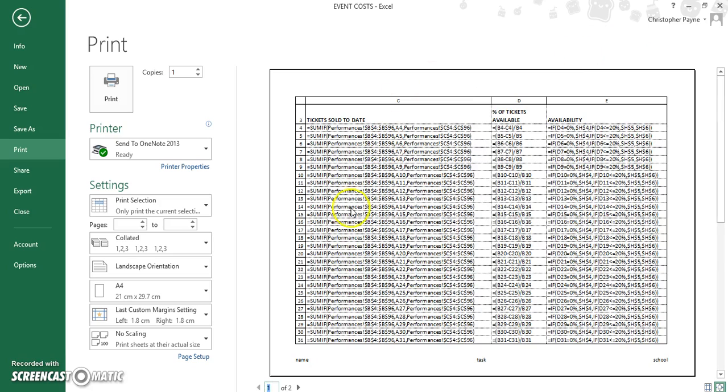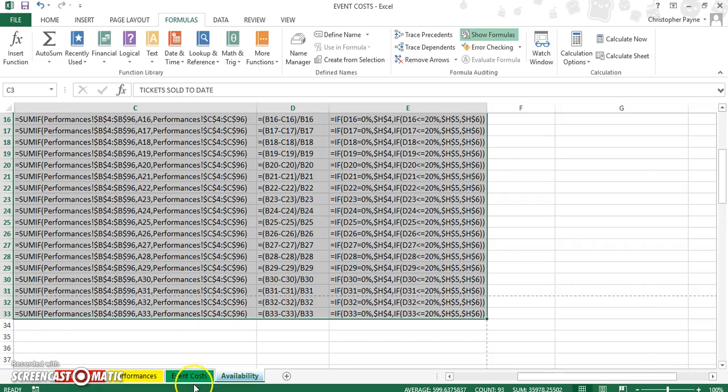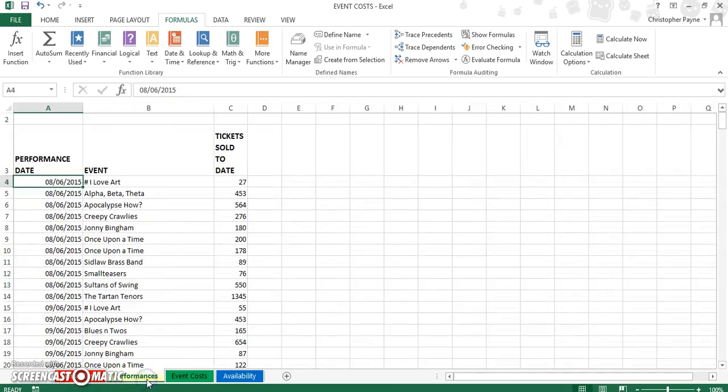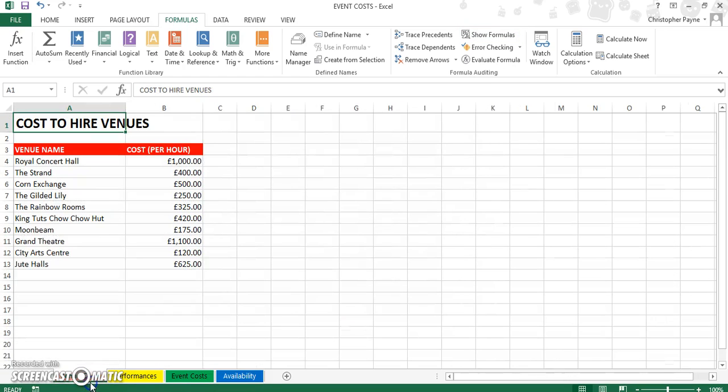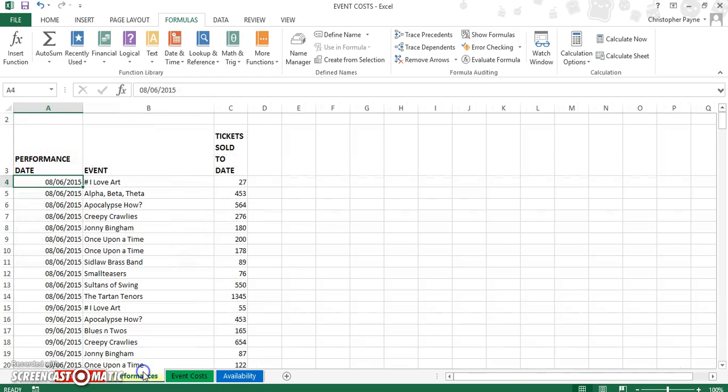For long tasks like this, it won't specify to be on one page, but for certain things such as, if you look back at maybe our availability or the venue costs, you might say print on one page. So make sure you read all